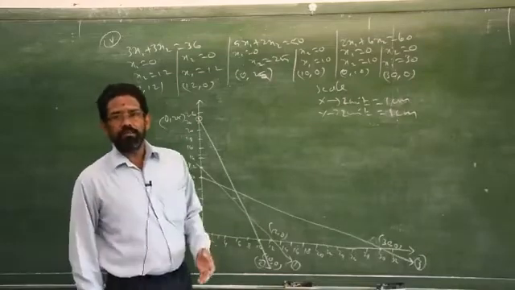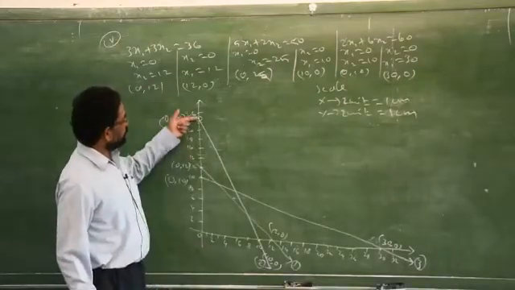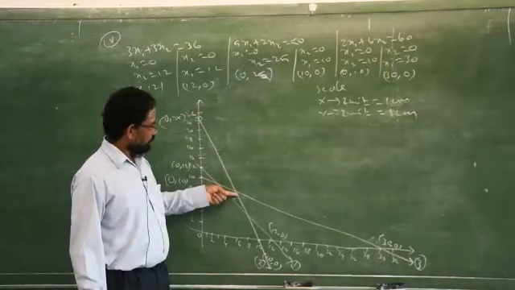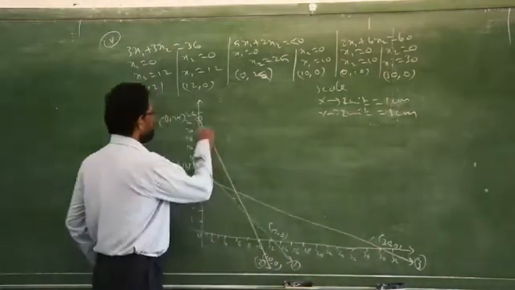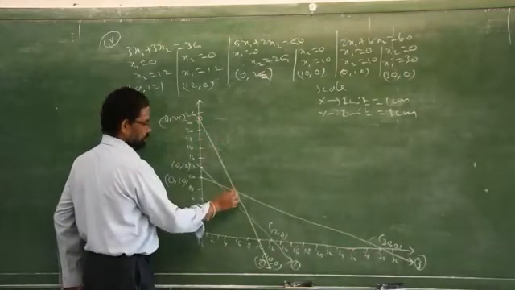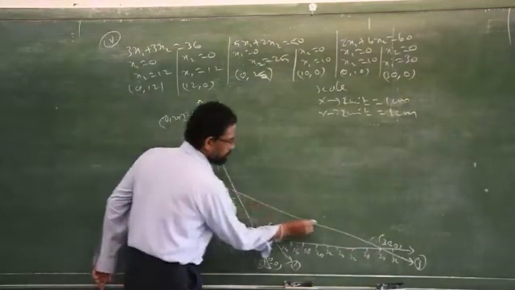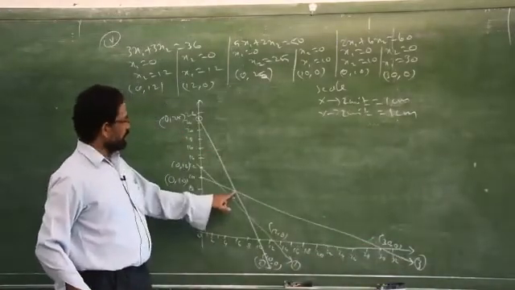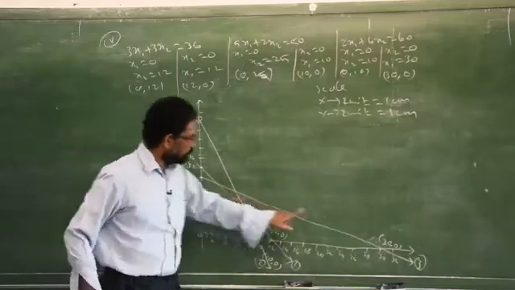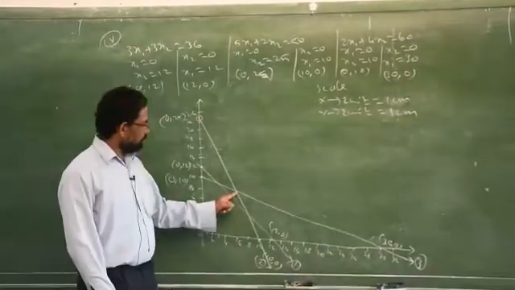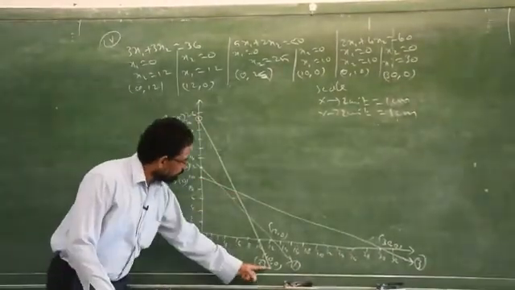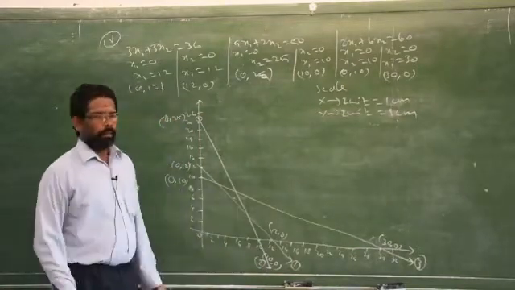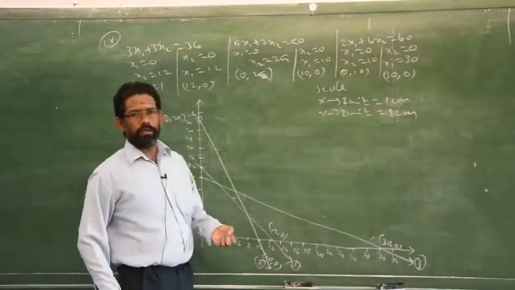To find the minimum, you have to take the outer region starting from the edge. For minimum, starting from here, at the intersecting points, don't go beyond this one; you have to go outside and find the solution. For minimum it's enough, only 3 edges: 1, 2, 3. By finding the intersection of equation number 2 and equation number 3, you will get the answer for minimum. But the question is now maximum. You have to find out the maximum.